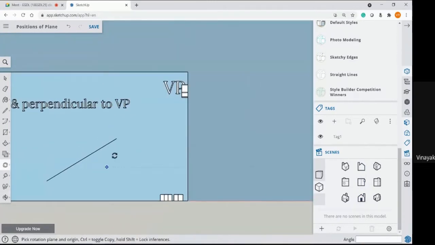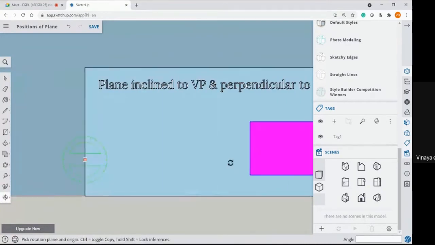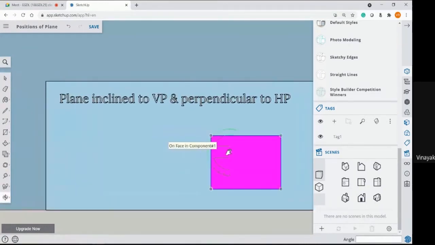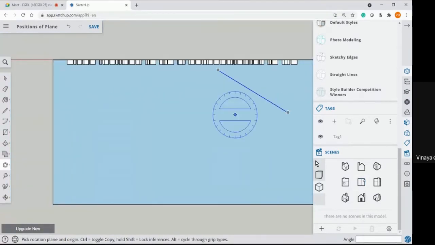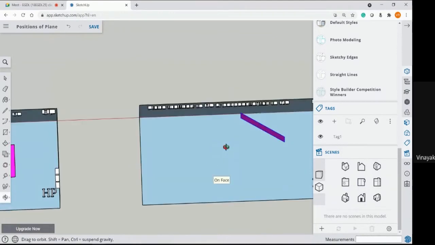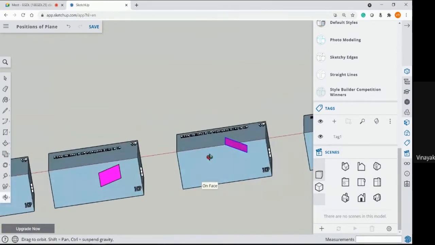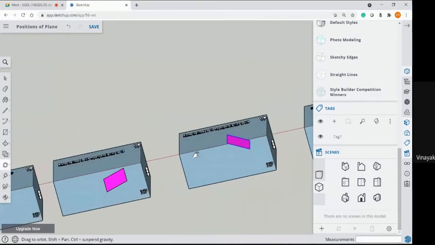In the fourth position, front view is a straight line, top view is the apparent shape. In the fifth position, that is a plane inclined to vertical plane and perpendicular to horizontal plane, front view is the apparent shape and top view is a straight line. What about side view? Side view is also an apparent shape, similar to that which you obtained here.